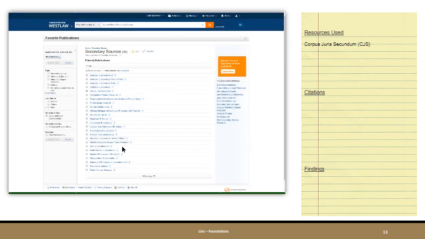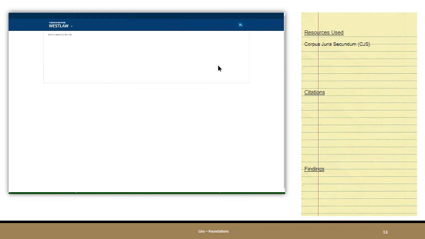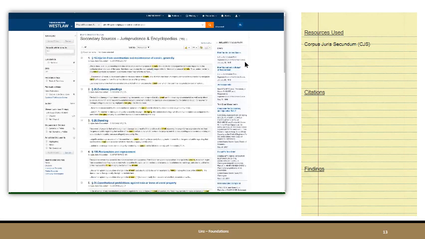We'll choose that as a database, and then we'll enter in our search here that we want to use and see if Corpus Juris Secundum can provide us any sort of information about the problem. We get back 16 search results, and really at this point we want to skim through results looking at both the title of the section plus also where it's located in CJS. Again, for secondary authority, context is very important, and this is one way we can establish context, where that article is located within the larger publication.